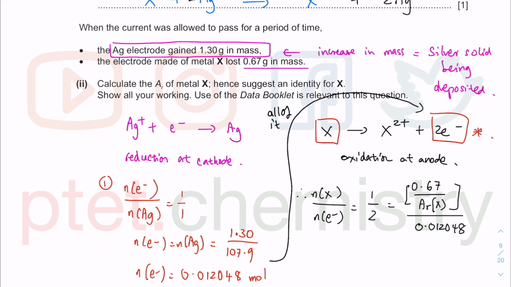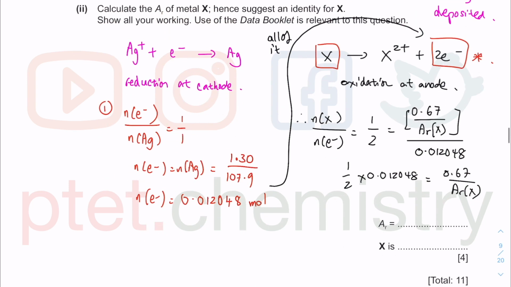So altogether you're going to get half times 0.012048 is equal to 0.67 over Ar of X. And hopefully you can then work out the thing correctly, and you will get Ar of X is equal to 0.67 times 2 divided by 0.012048. So just do the math correctly. 0.67 times 2, because you move the 2 up there, and you move this one down there, and I get